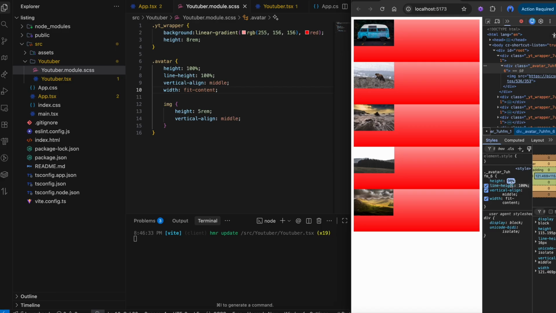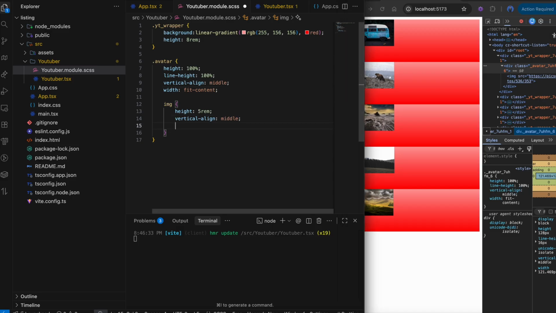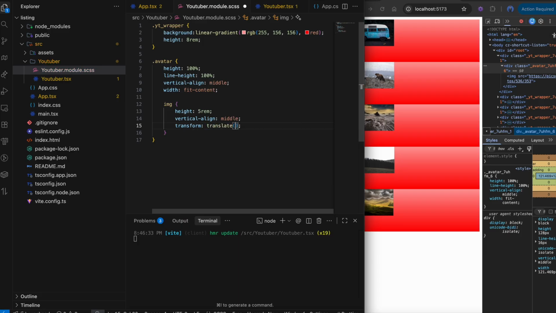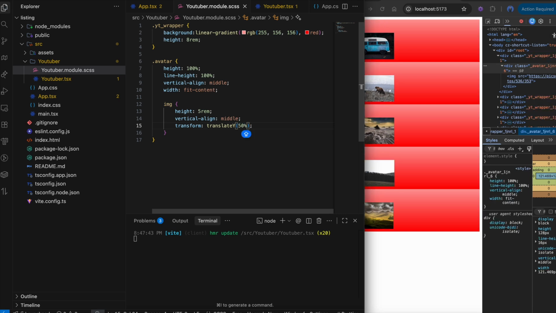figure out why avatar is not centering vertically. No, yeah, it's vertically, but there are a lot of tricks for doing that. Okay, so don't stress a lot about that, because you can even do something like transform and translate y, and I think you can do something like that, and then something like that,